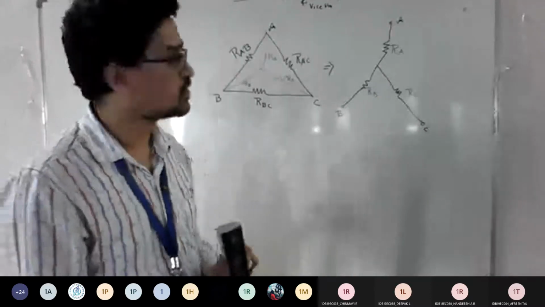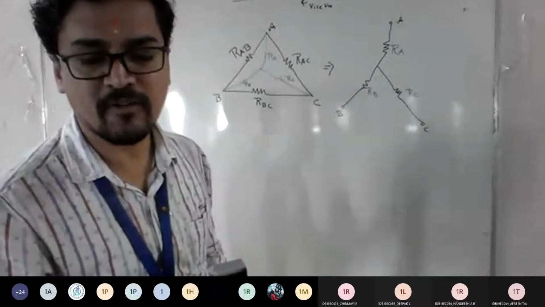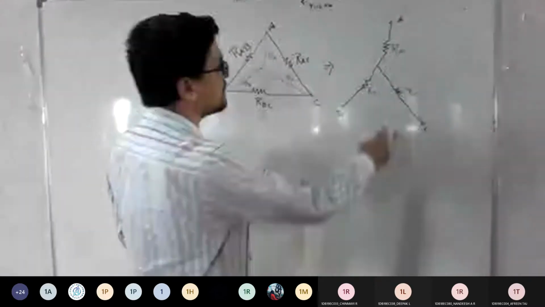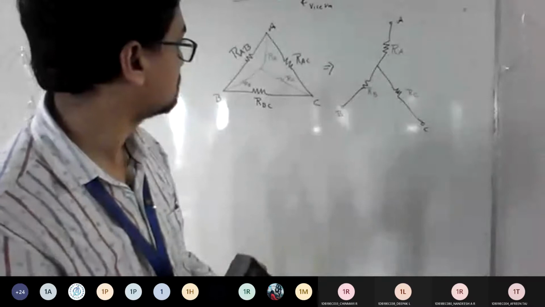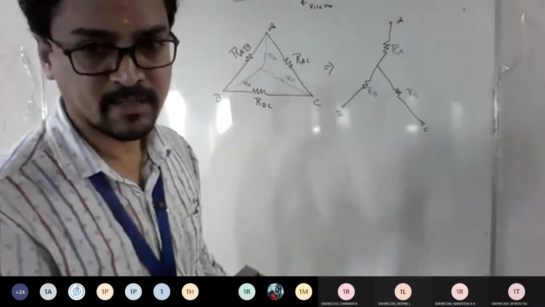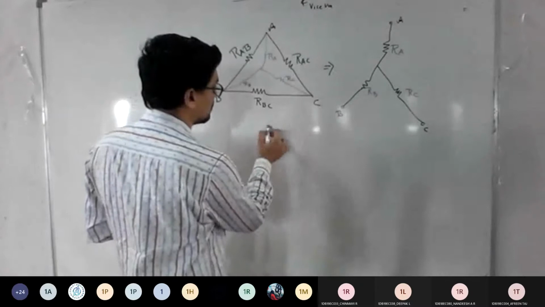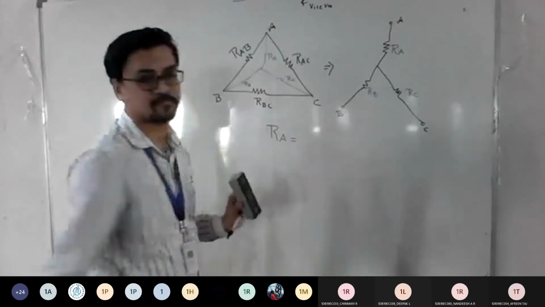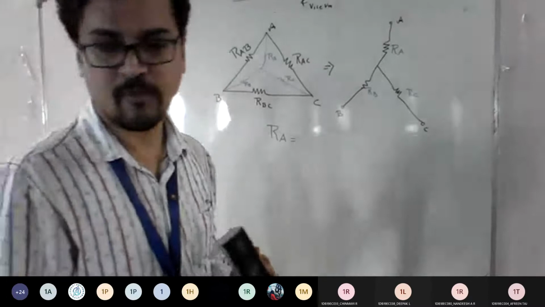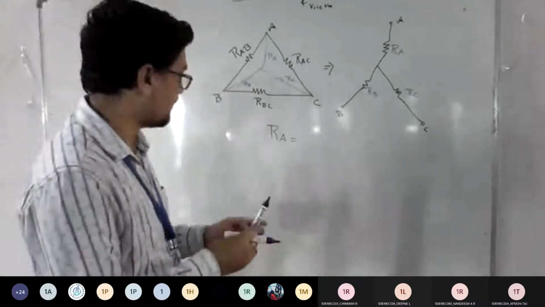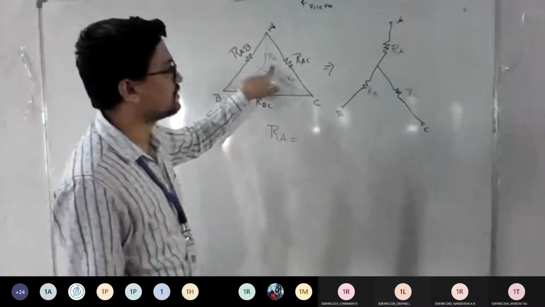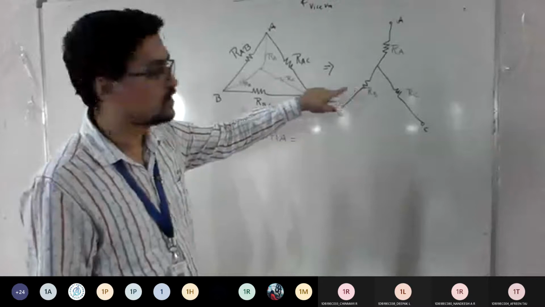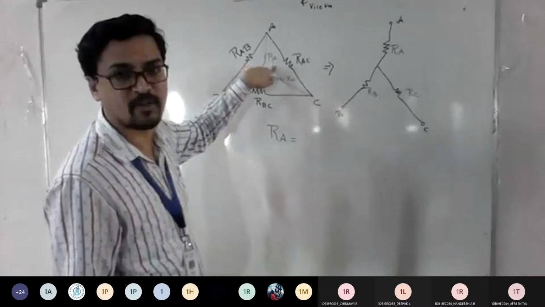Yes. So now what do you want? You need to know the formula for RA, RB, RC. If you are able to get the formula for this, then getting the answer is not a big issue. Am I clear? So now we'll try to write a formula for each individually. What could be the formula for my RA? Listen carefully. Whenever you come across such a concept, whenever you want to convert this to this form, you need to have a formula for this.